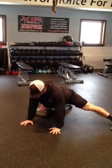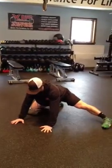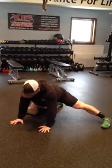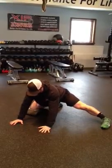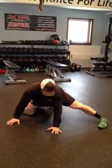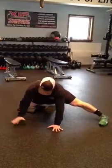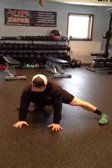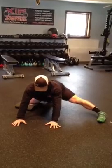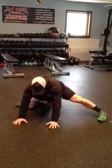Okay, we want to keep that cervical spine neutral as well. Okay, and all I'm going to do is kind of pulse back into that stretch and hold, 2, 1, back up, back and hold, 2, back up, and then I'm just going to change the plane of that stretch just a little bit. I'll come to the inside, so I go from about 12 o'clock to 10 o'clock. I'm just going to come back, hold, 2, back up, and back, hold,